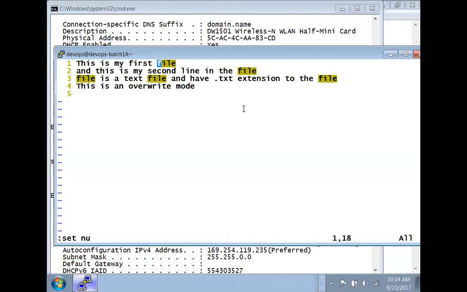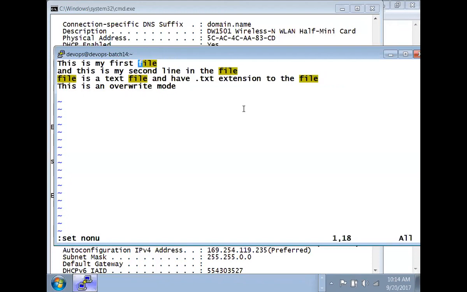So in the VI editor, there are 500 to 600 options. It is so powerful, but we are not going to cover all of them, so don't worry about that. Okay, so this is clear? So don't rely on this. This is just an introduction to the VI editor. It is not a tutorial for all of VI.